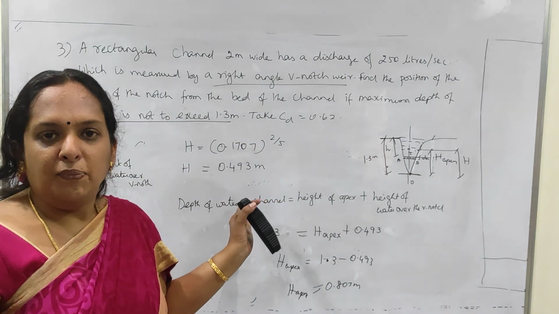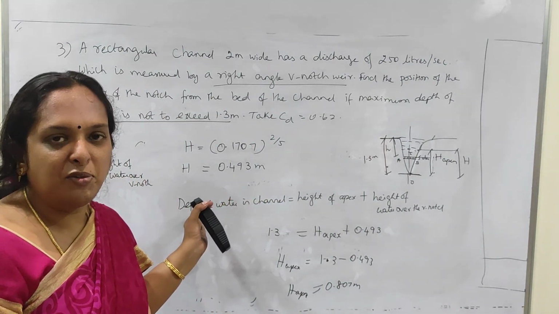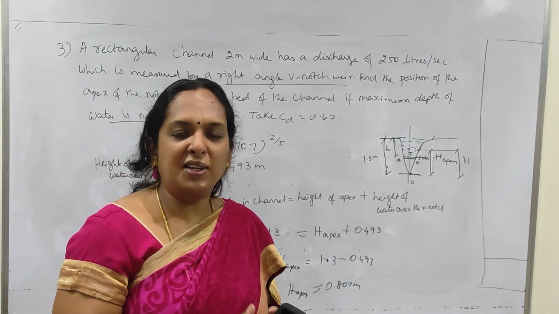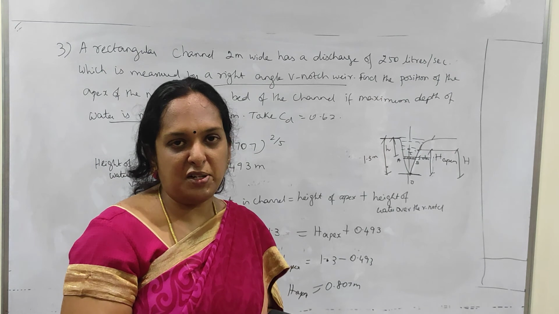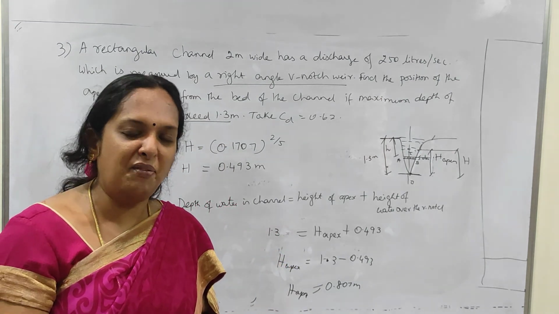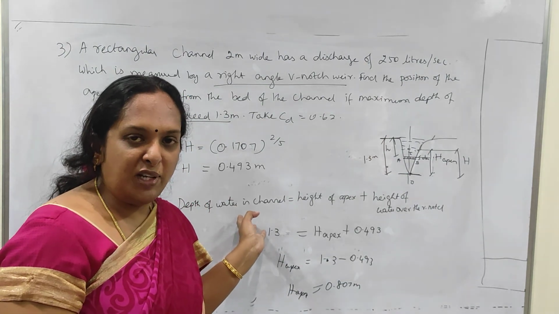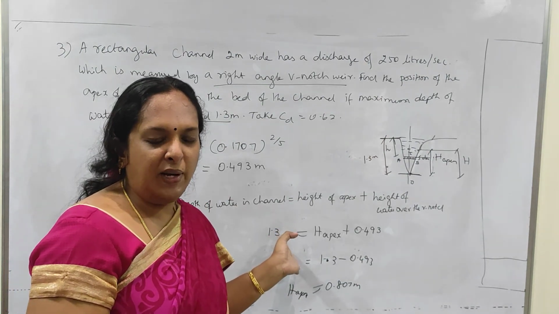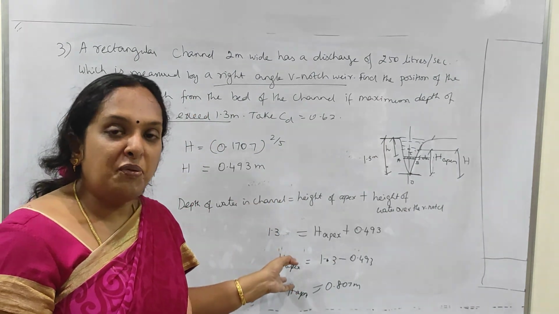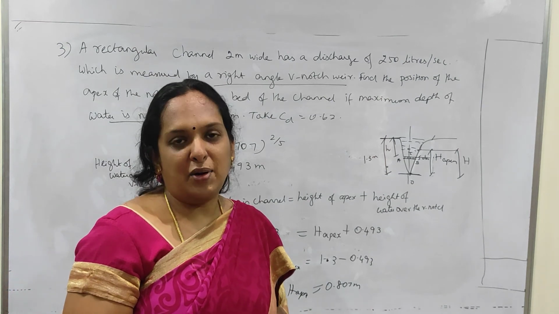Now we will just recap the things we have seen. Here we have seen a triangular weir and we have derived an equation for the triangular weir, and this equation is the same for both triangular notch as well as triangular weir. We found the equation for the triangular notch as well as the triangular weir, and based upon that we have solved some problems, and also we have seen the advantages of the triangular weir over the rectangular weir.